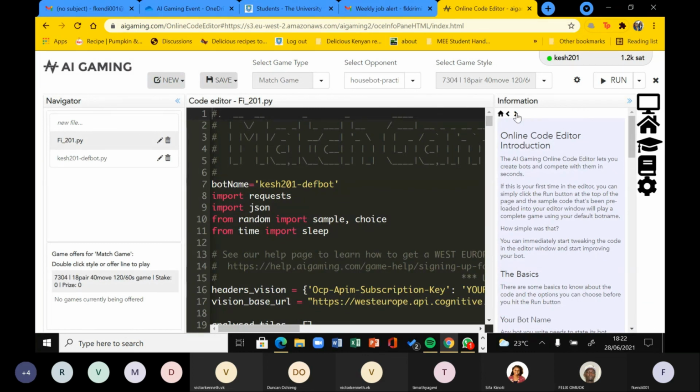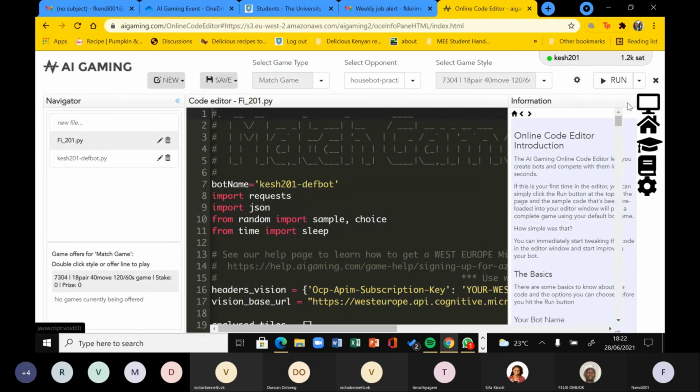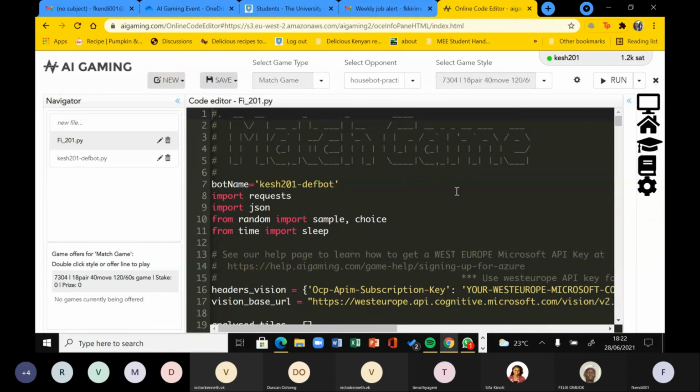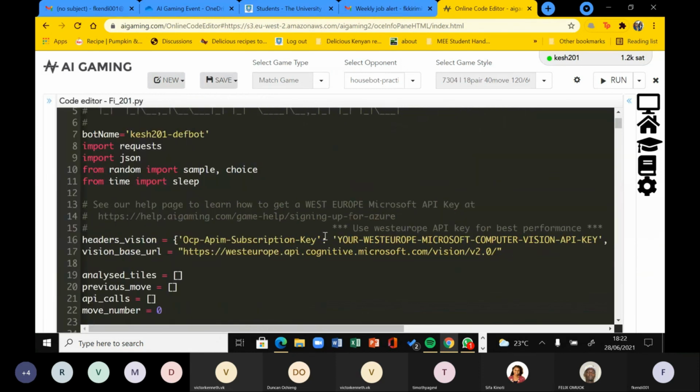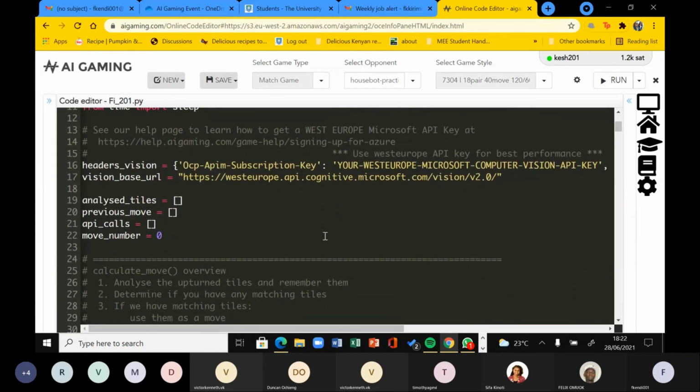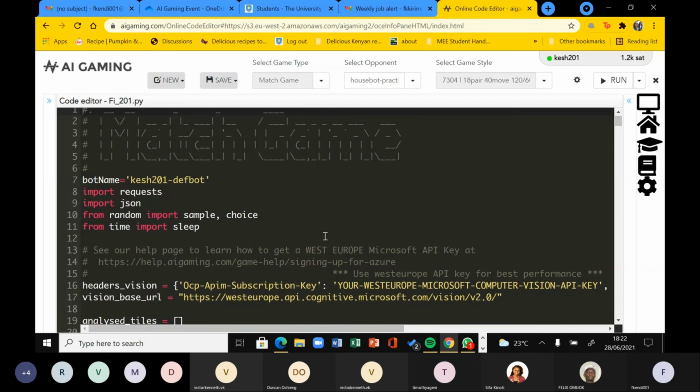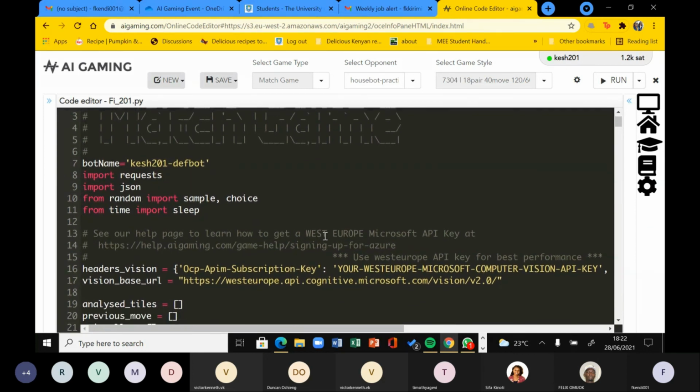It might not work at times, no. On top, information, yeah, that one, click on that. Yep, you can do the same on the right or on the left, and it will hide it, so that's okay. Now, if you get to the header vision, OPC API subscription key, your West Europe Microsoft Computer Vision API